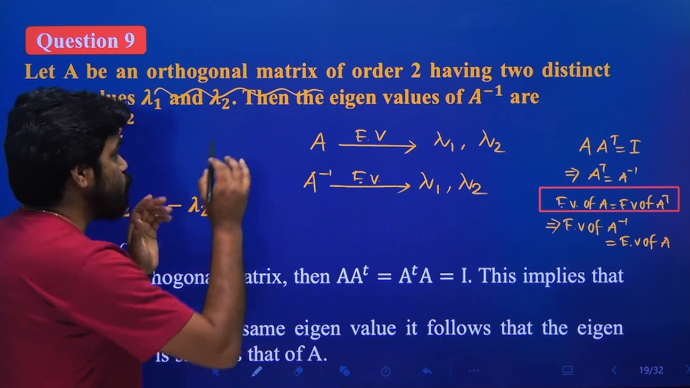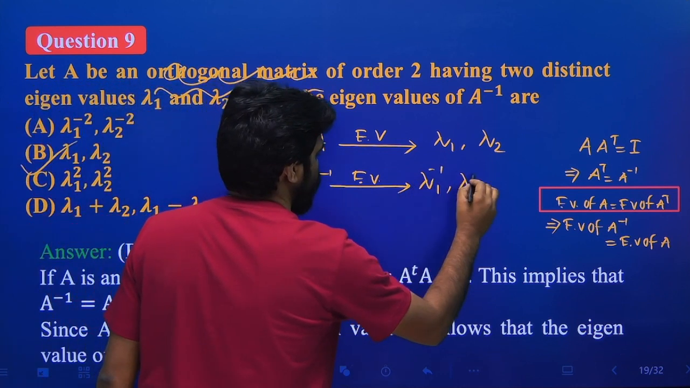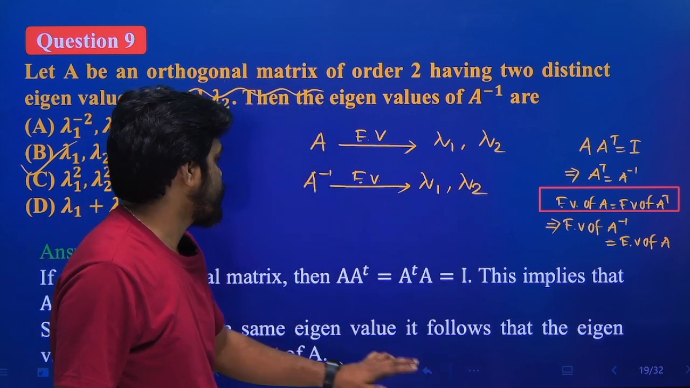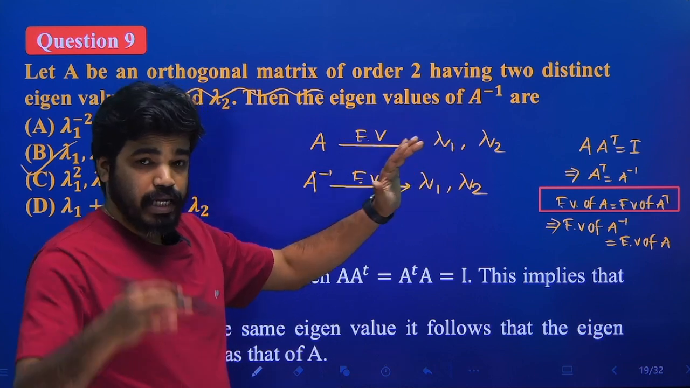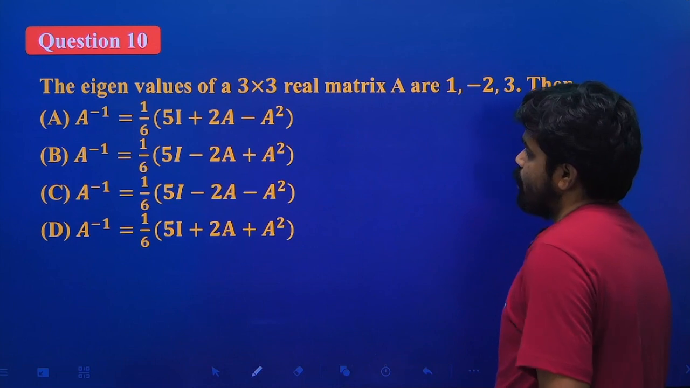Same. But if it were not an orthogonal matrix, what would happen? The eigenvalues of A inverse would be lambda 1 inverse, lambda 2 inverse. But it is given that A is an orthogonal matrix, so eigenvalues of A and eigenvalues of A inverse are the same. Okay. So next example,